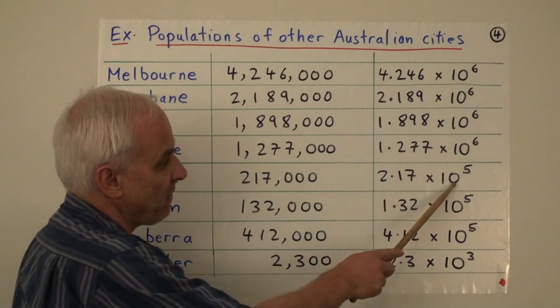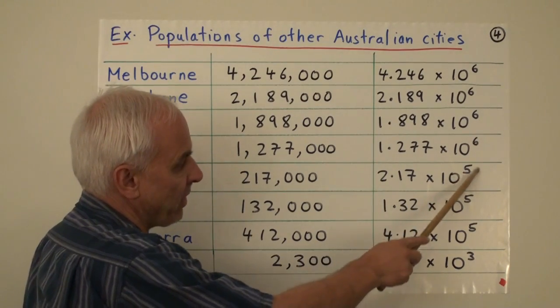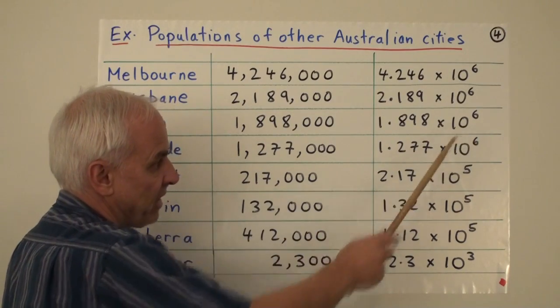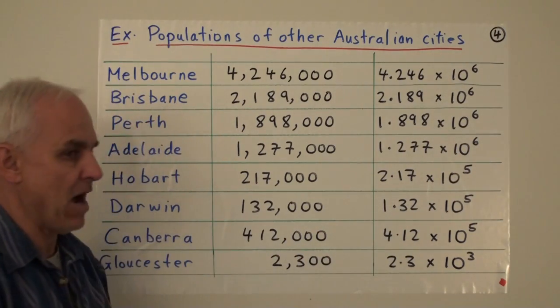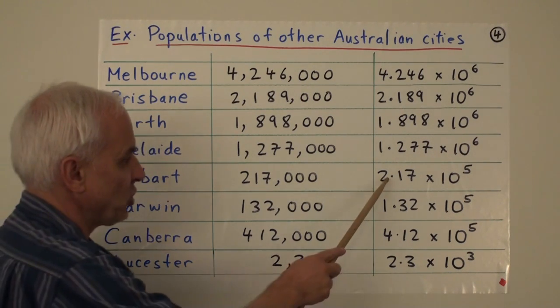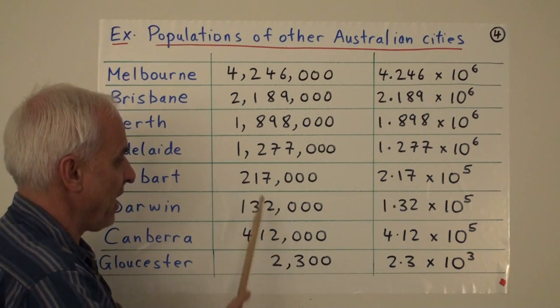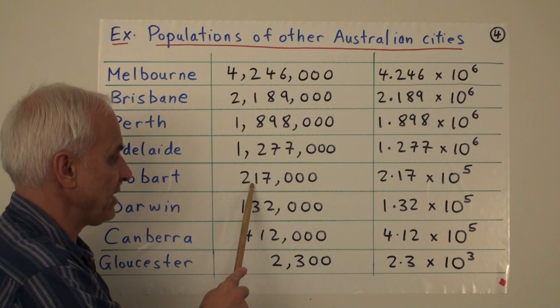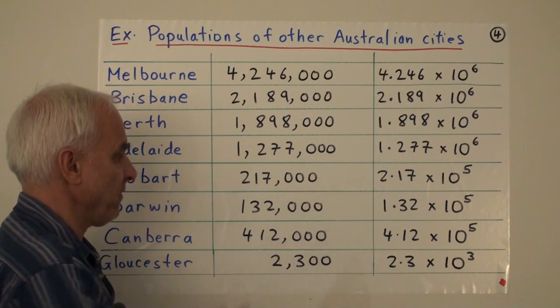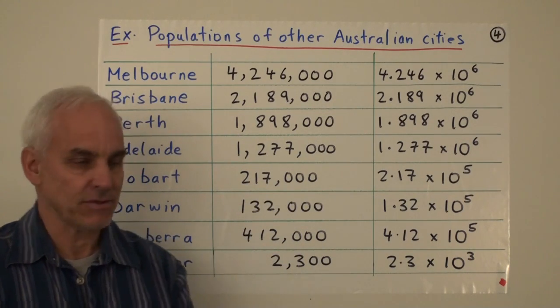And that's reflected in the fact that the scientific notation for it has a 5 instead of a 6. So there's a visible difference between having 10 to the 6 and 10 to the 5. It's a power of 10 difference. And let's just check. If we multiply this number by 10 to the 5, then we have 2.17 multiplied by 10 to the 5 is 1, 2, 3, 4, 5. Yes, we get 217,000.